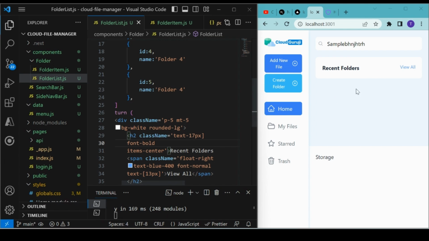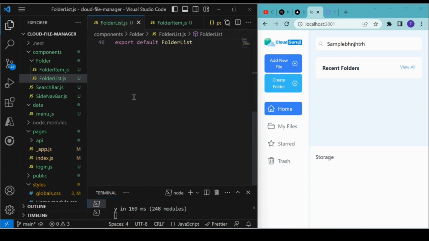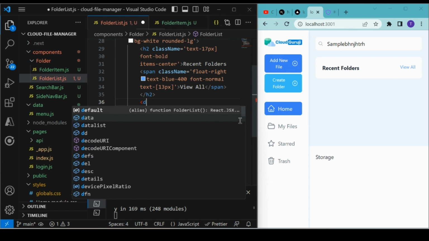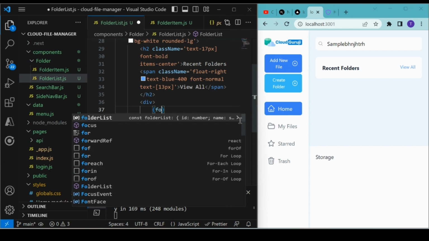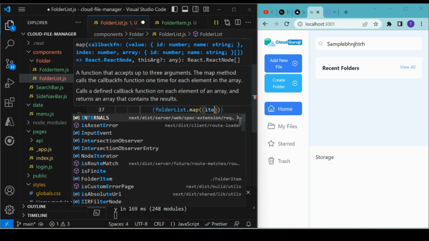Okay, next we have to iterate the list of folders that we have in this particular folder list array. Okay, so after this h2 tag I will add a div tag. And after that let's add the folder list dot map, because we want to iterate it, right? Item,